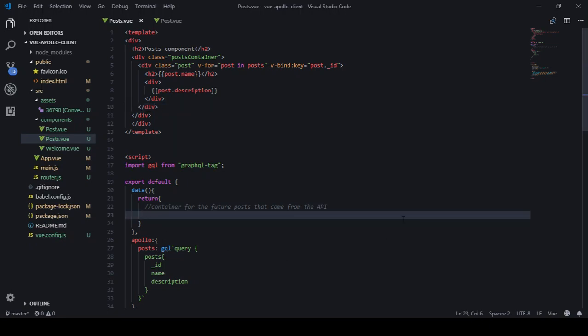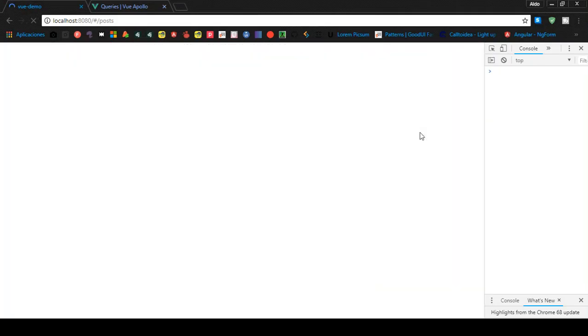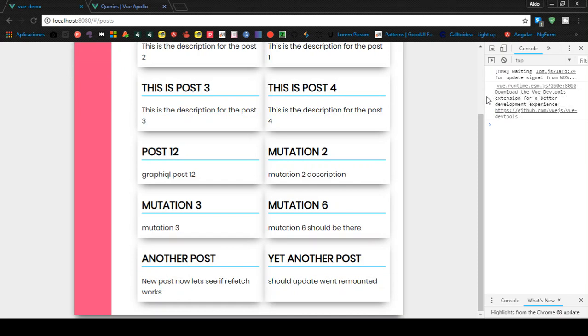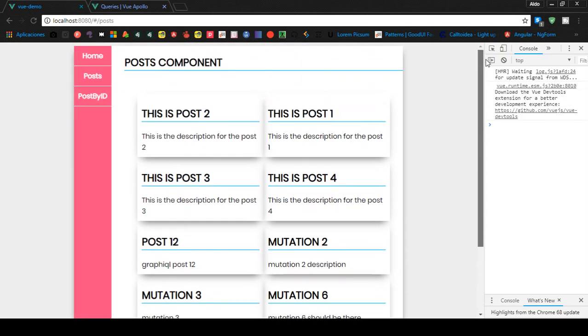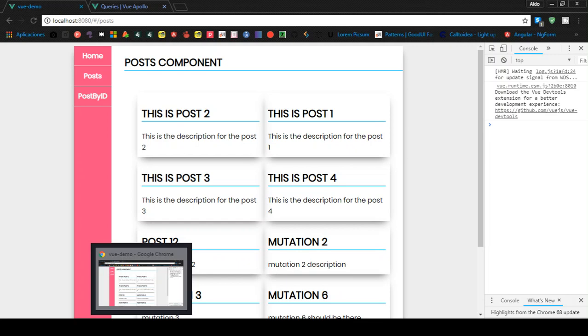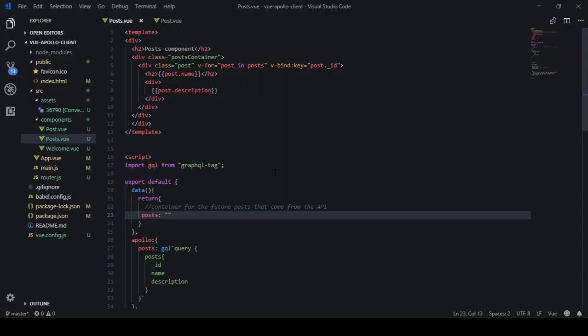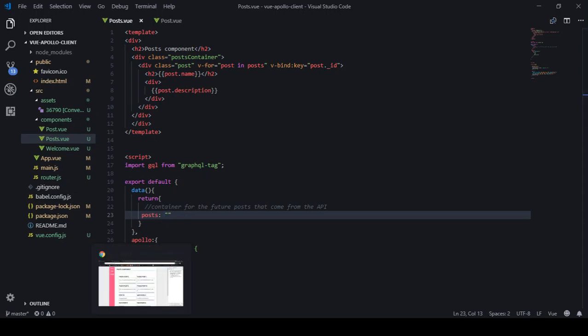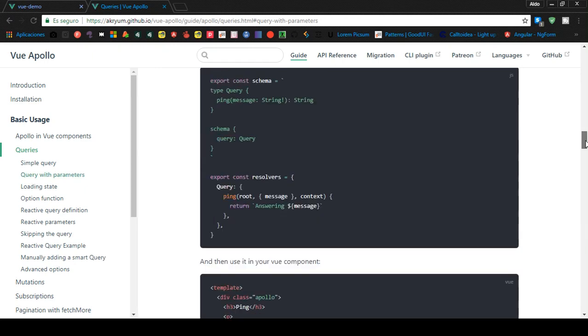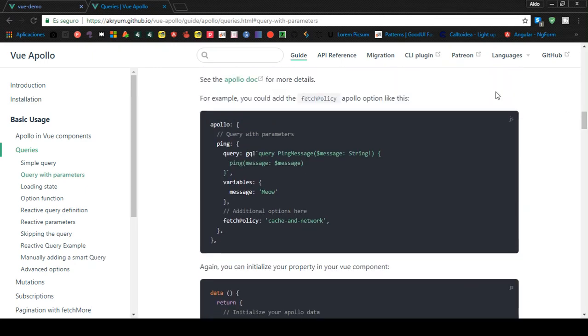So in this case, if we say posts, this would be like, it's not this one. If we say posts, it will be in the case that we want to check, okay. No, because there would be no sense of doing that. I didn't realize that we really don't need these posts. That's why I'm